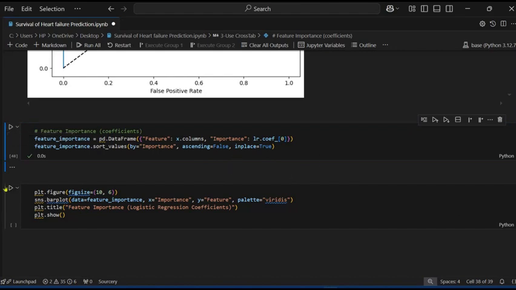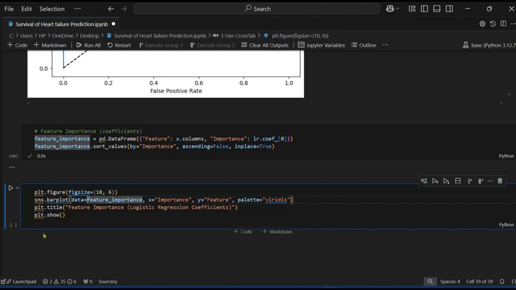So it's working. Now see the plotting. plt.figure gives the figure size, and using the bar plot where data is feature_importance, and X I pass the importance, and Y I pass the feature, and this is the title, and plt.show.